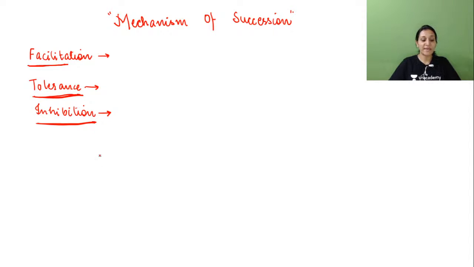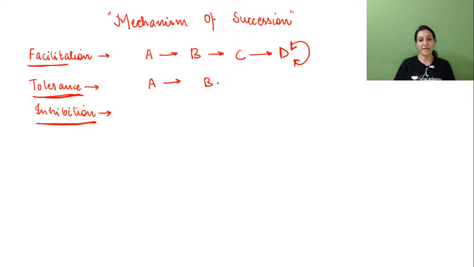So these are the mechanisms of succession, and it is usually represented by this type of diagram, so that it will be there in your mind whenever you are attempting the question in the CSIR. This kind of picture is drawn for facilitation, that it is promoting the growth of the other. Intolerance is like this, that it is not promoting the growth of the other, but